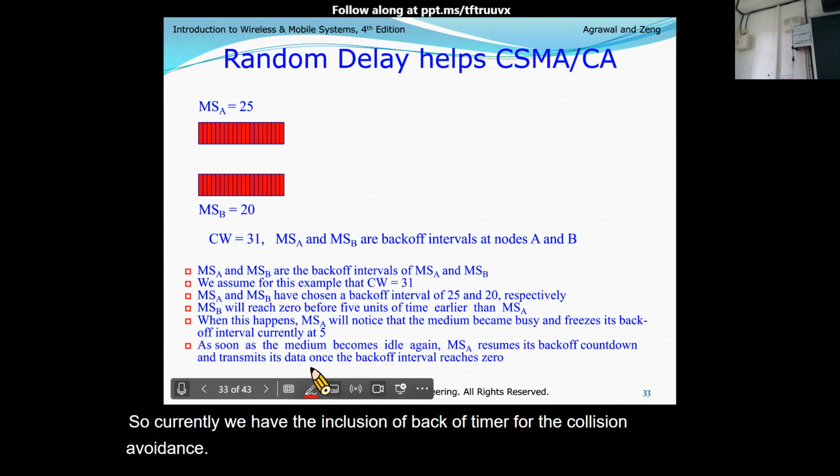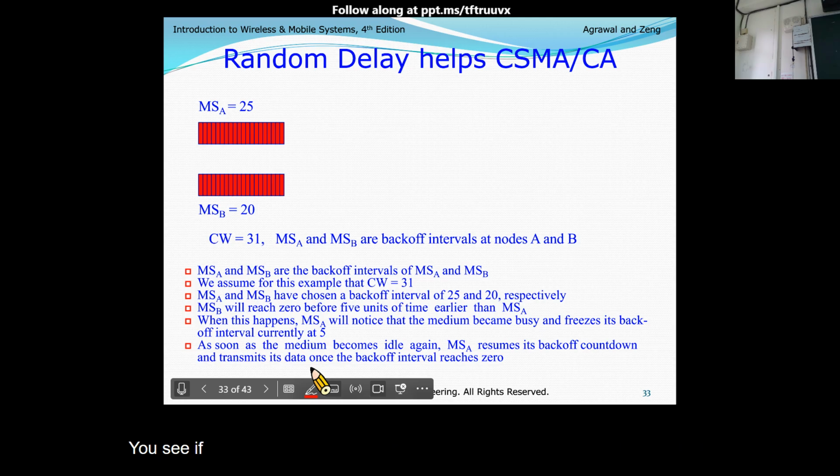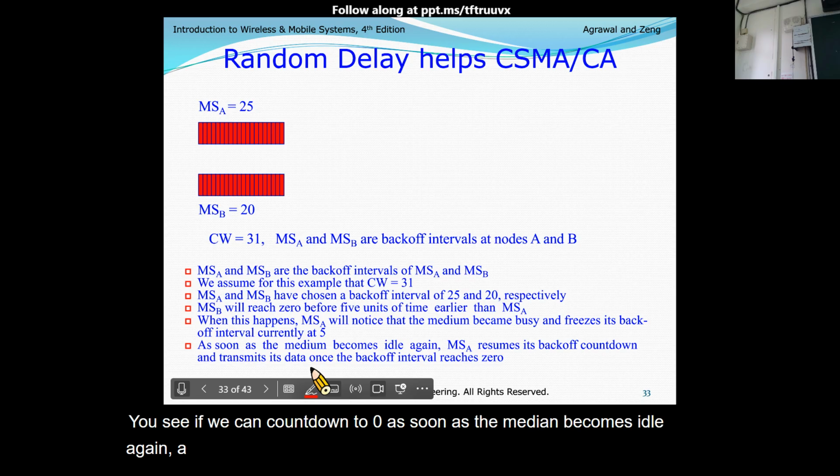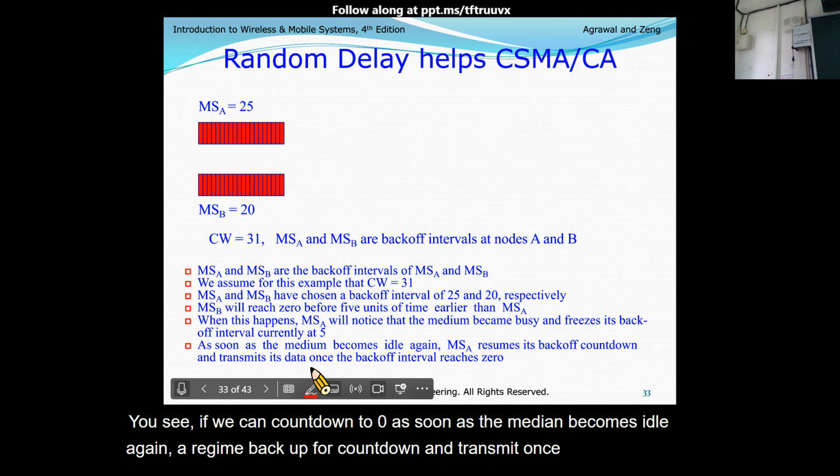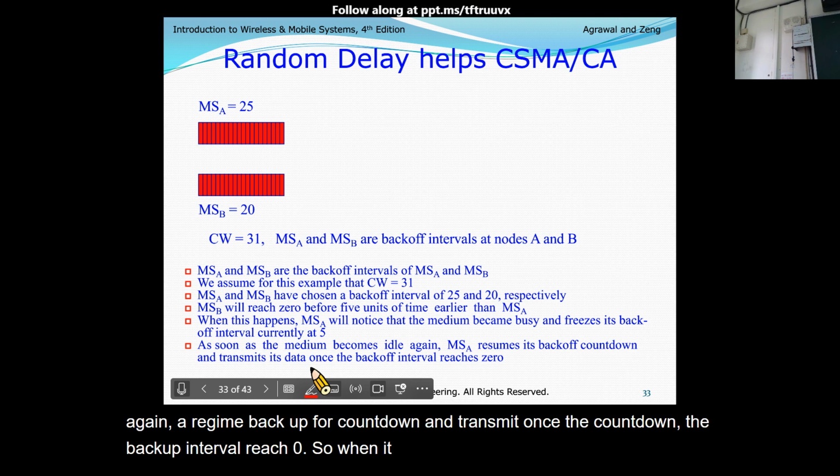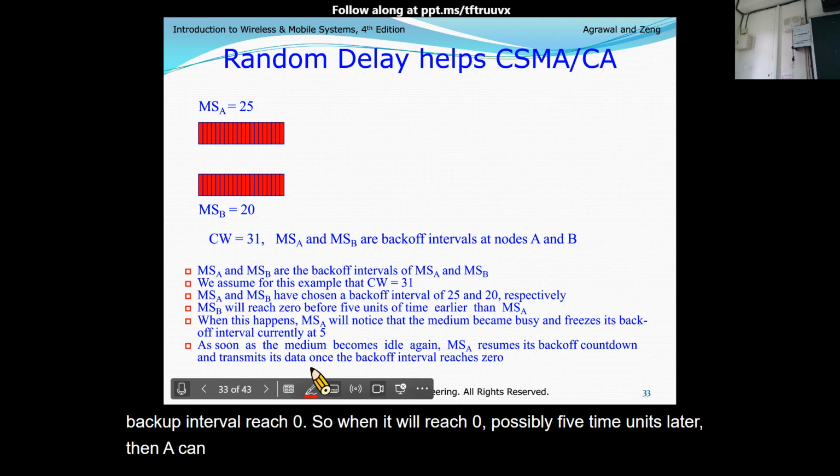You see, as soon as the medium becomes idle again, A resumes the backup countdown and transmits once the backup interval reaches 0. So it will reach 0, possibly 5 time units later, and then A can transmit.